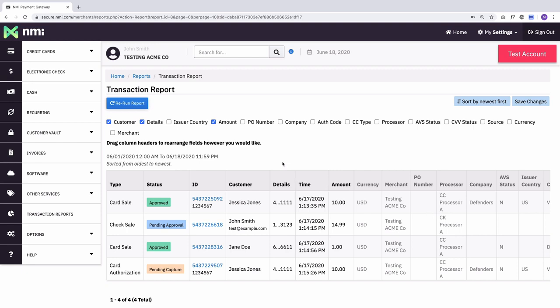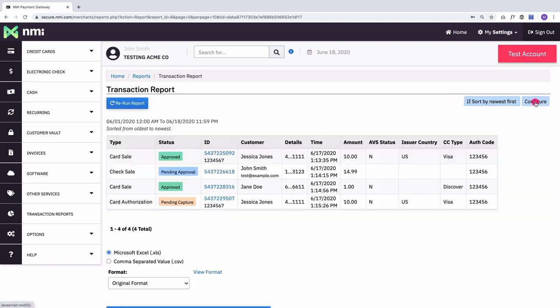So maybe I don't care about all of this, but I do care about some things. I'd like to know the issuer country for all of these cards. I'd like to know the auth code on them, and I'd like to know the credit card type. And you know what? Maybe I do actually want to see the AVS status. I want to see if the address was verified on that transaction. So I'm going to go ahead and save my changes, and now you can see there's a lot more here,